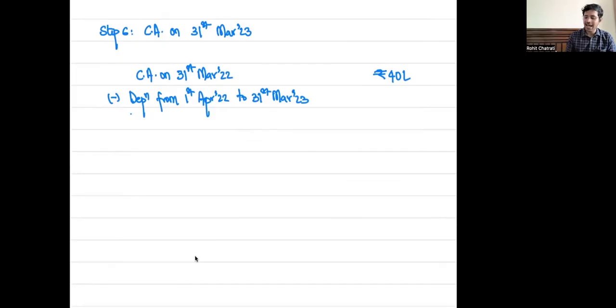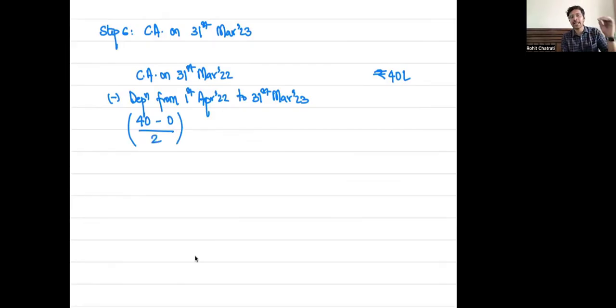We will take the carrying amount on 1st April 22. Carrying amount on 1st April 22 was 40 lakhs less salvage value of 0 divided by the remaining useful life on 1st of April 22. The remaining useful life on 1st April 22 was 2 years. You purchased it on 1st April 2020. 2 years have passed by. So on 1st of April 22, the remaining useful life was 2 years, and therefore you take the denominator as